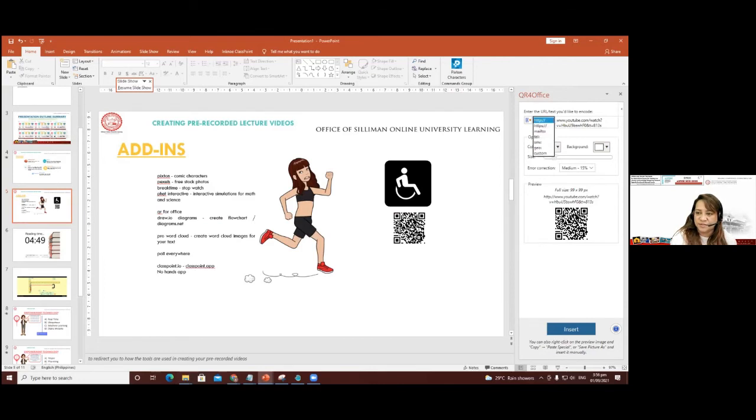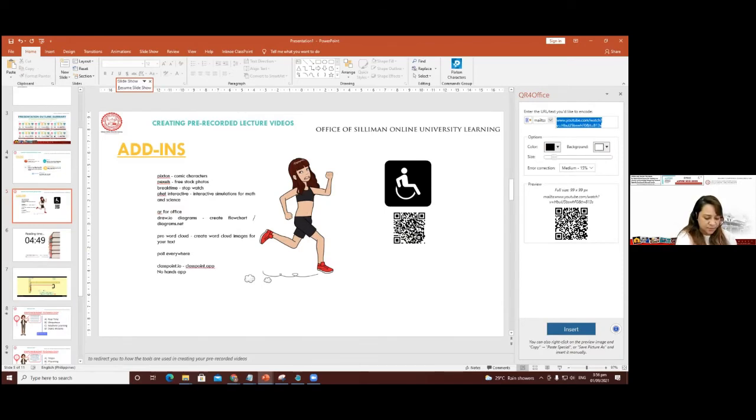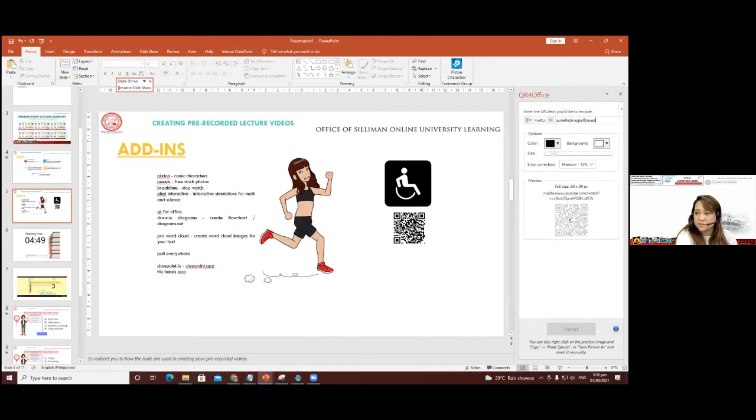And you can also generate a QR code for an email. Let's say you want, when they scan the QR code, it will directly go to perhaps their Gmail so they can send you an email. So it's like mailto, and then you type in here your email address. So let me type in my email address, edu.ph. There, mailto, and my email address. So once I insert that,